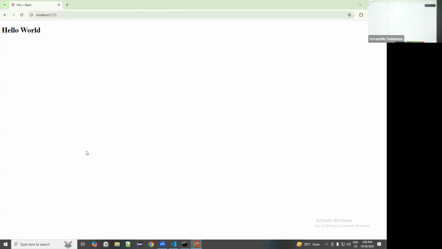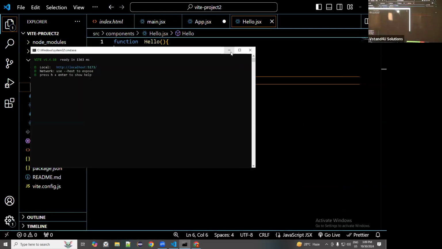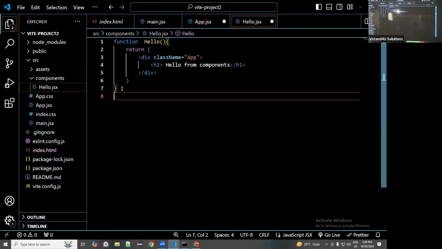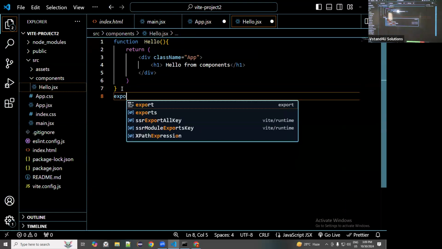What was the content I gave in the h1 tag? Hello from components. Now why am I getting hello world? Yes, it is the old one, I know that. You said when you type it you will get the output, but I'm not getting the output. Why? If you remember, whenever you declare a function, you have to call that function. Yes or no? How will you call the function? Should I put it after the curly brackets or before? After the curly brackets. Now I will just say export